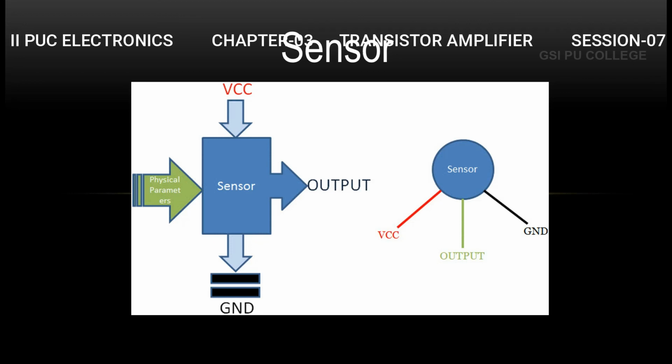So if you look at this picture, we have a sensor for which there is an input, called physical parameters. Whenever there is a change in the physical parameter, this sensor senses that change and produces the corresponding output. A sensor converts stimuli such as heat, light, sound and motion into electrical signals. These signals are passed through an interface that converts them into a binary code and passes this onto a computer to be processed.